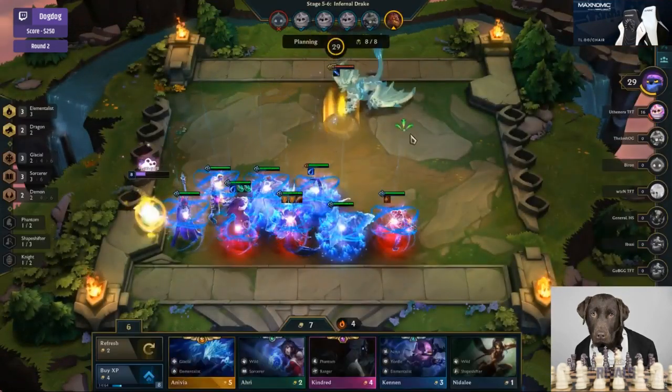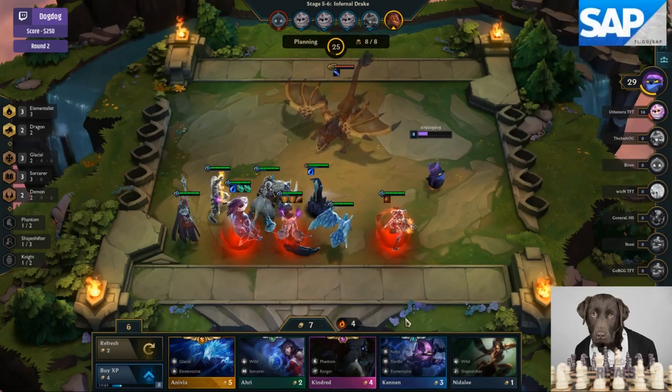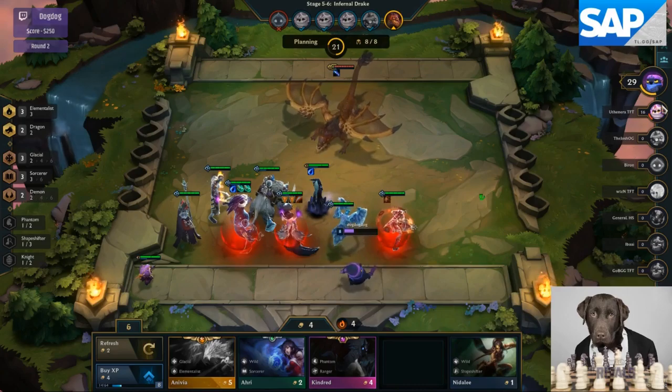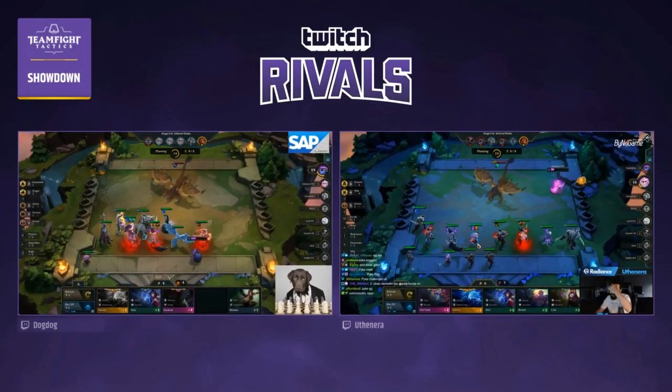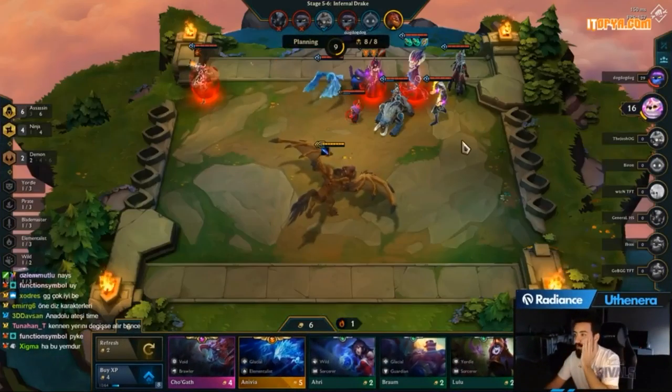There's so many threats on Dog's comp. Realistically, you have a 2-star Anivia as well, which does an insane amount of damage as well as slows attack speed. You have 2-star Brilliant Soul with double Shojin, 2-star Brand, 2-star Shyvana. He's actually like so strong with so many different threats, as well as having double Locket as well. Right here. Dragon with the Hush coming up. Dragon can silence